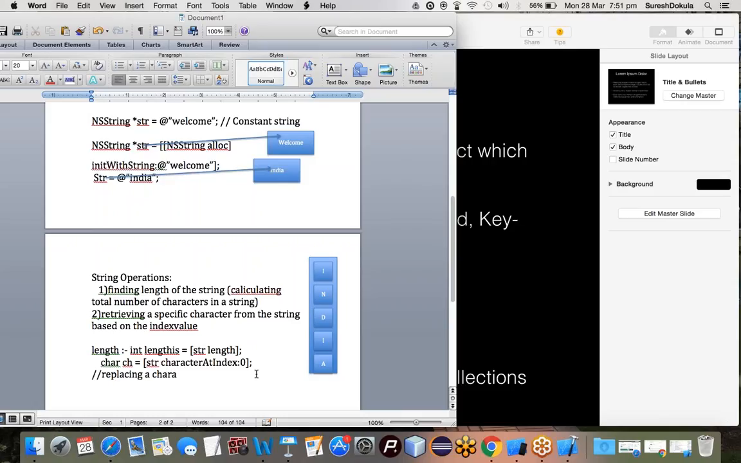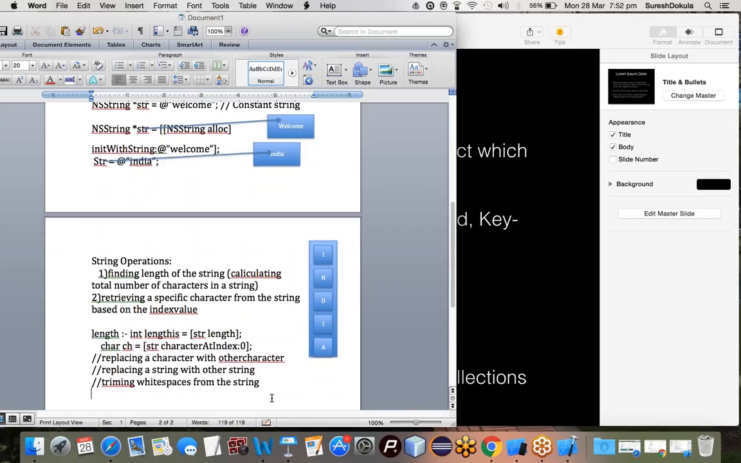Replacing a character with another character, or replacing a string with another string, and removing white spaces from the string, or you can say trimming white spaces from the string,